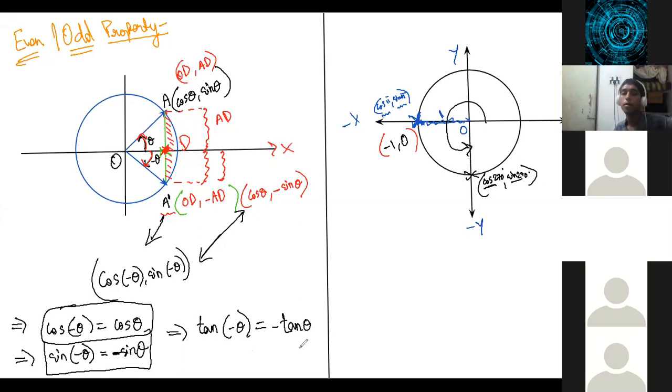Sir, I have a doubt. If we do this with both the triangles vertically, we are getting this only. But if we do it horizontally, then we are getting the same sign. You're saying vertically this is sin theta, this is minus sin theta, but horizontally both are positive. Is that what you're asking? Yes, sir, and cos theta is getting minus. See, let me explain.